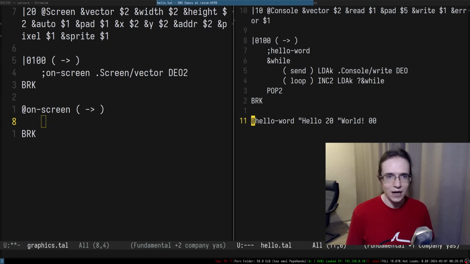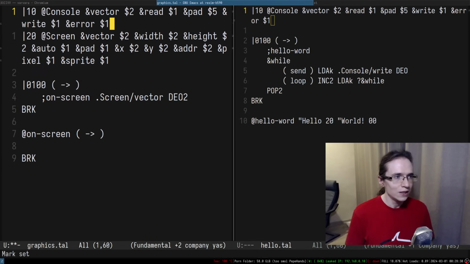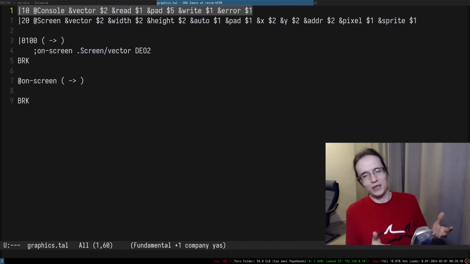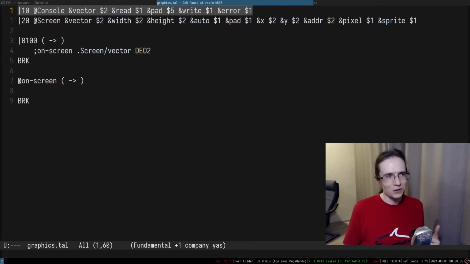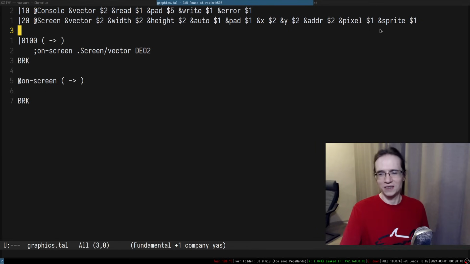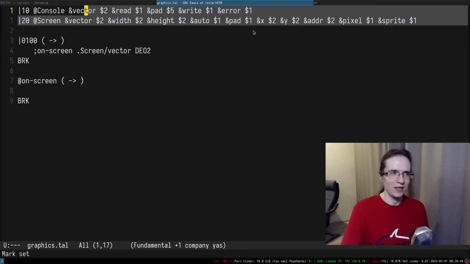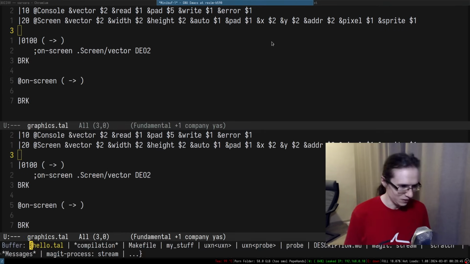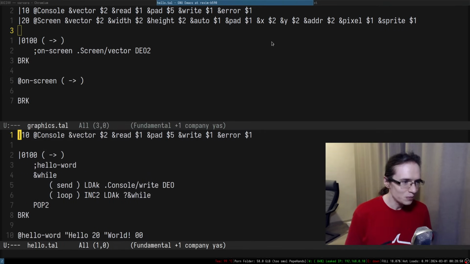So that means I can get the console. This is kind of cool, right? So you're basically importing devices. I'm using this device and this device simultaneously, and to do that, I just lay out the memory like that. I kind of like that. That's actually super cool.